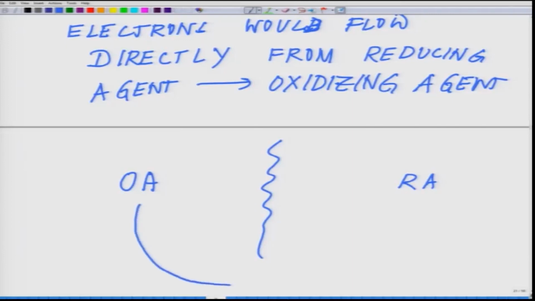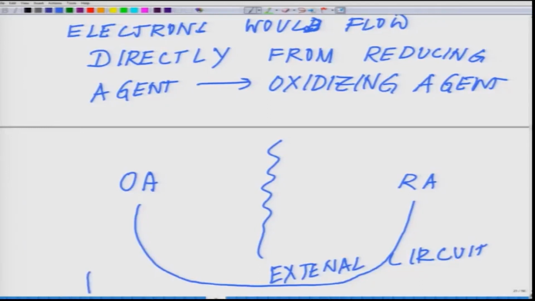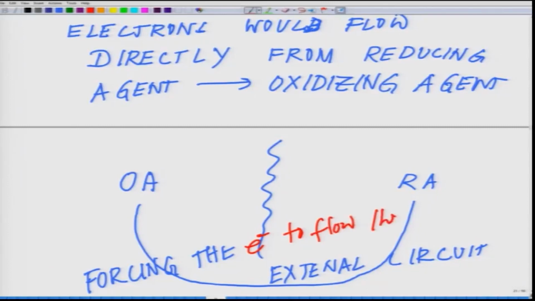So, essentially something like this, there is an external circuit where you are basically forcing the electron to flow through. Okay. So, you are keeping a physical barrier between them and they flow through the external circuit to go from one reactant to the other. Now, there are two terms which I have used and today I wish to highlight, which